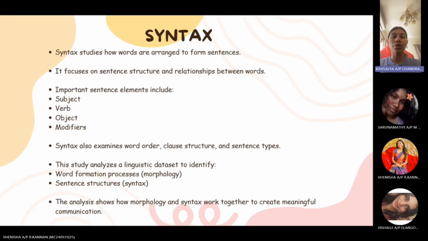Okay, next I'll be talking about syntax. Syntax, on the other hand, focuses on the arrangement of words into meaningful and grammatically correct sentences. It studies how sentence elements such as subject, verb, object, or the modifier are organized to express ideas clearly. Syntax also involves understanding word order, clauses, structure, and sentence types, including simple, compound, or complex sentences, such as in paragraphs